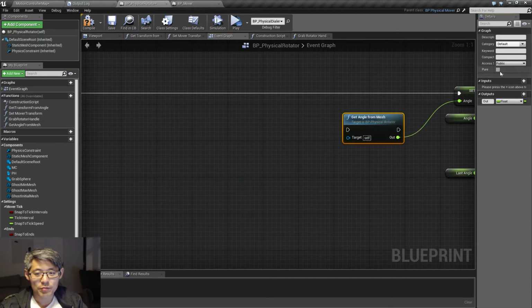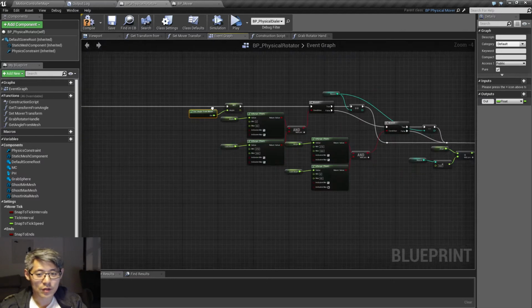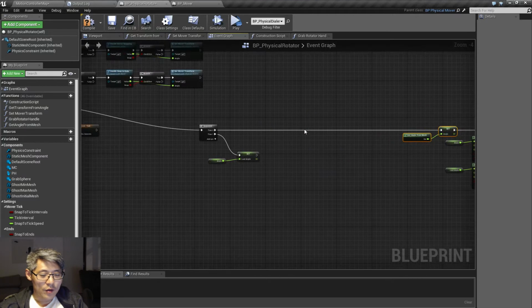And we're going to make this pure, and that's just going to simplify things quite a bit. Okay, so the way we're going to derive the rotator handle rotation, instead of using this one,